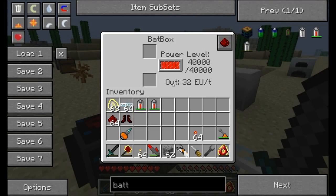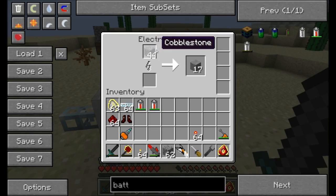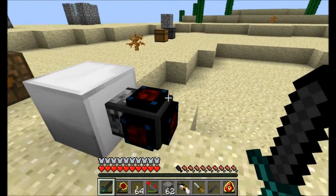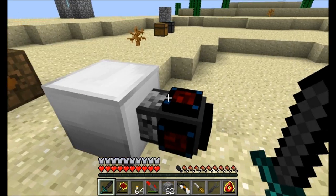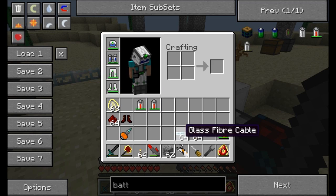That's when you hook it up to a bat box. When you hook it up to an engine or an item like an electric furnace here or a macerator or any one of the other machines that use energy, you can see we've got a slightly different situation. Capacitor empty, which is that little middle thing, and that is true at the moment. The capacitor is empty. But if I were to go ahead and hook it up with my glass fiber cables